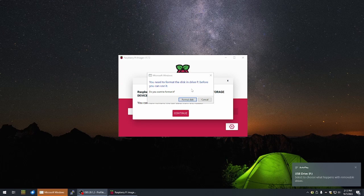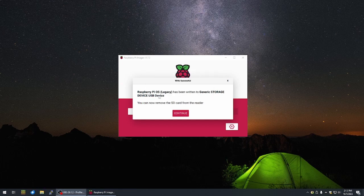So after you finish writing it with Raspberry Pi, Windows freaks out, and it's like, hey, you need to format this disk before you use it. Make sure you hit cancel. If you format it, you'll just lose everything that you did. So we're going to go ahead and hit cancel, and here it says Raspberry Pi OS Legacy has been written